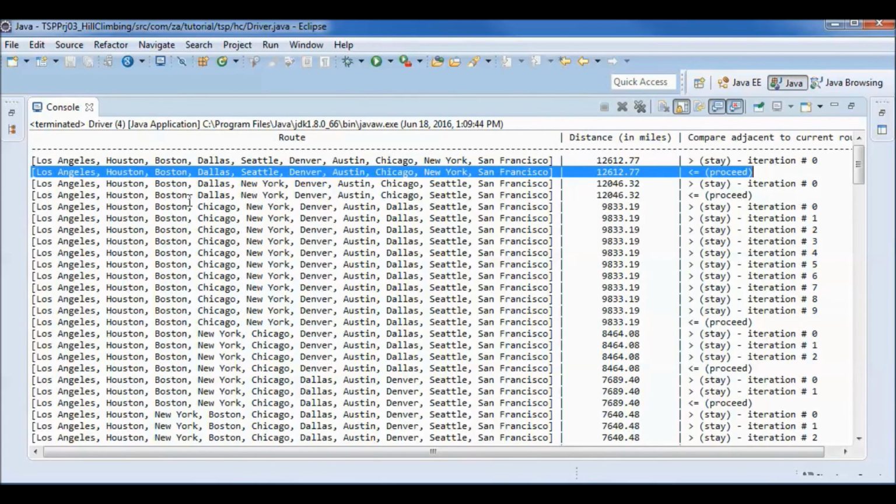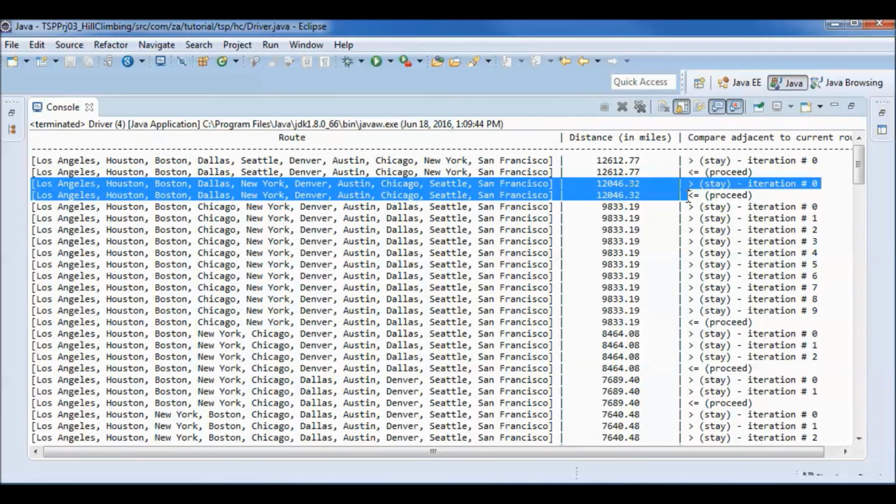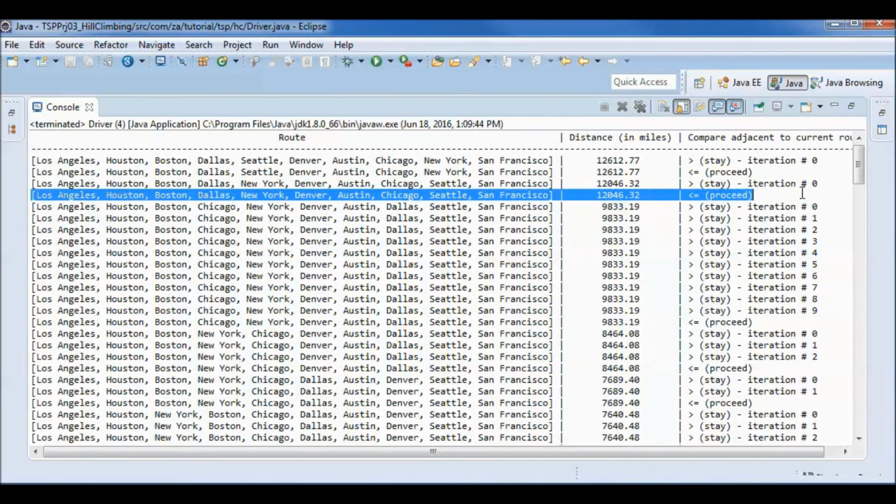we proceed, and now we are at this route, and we do the same thing. We compare against the adjacent route, and we stay, since we found that the adjacent route is larger than this route.